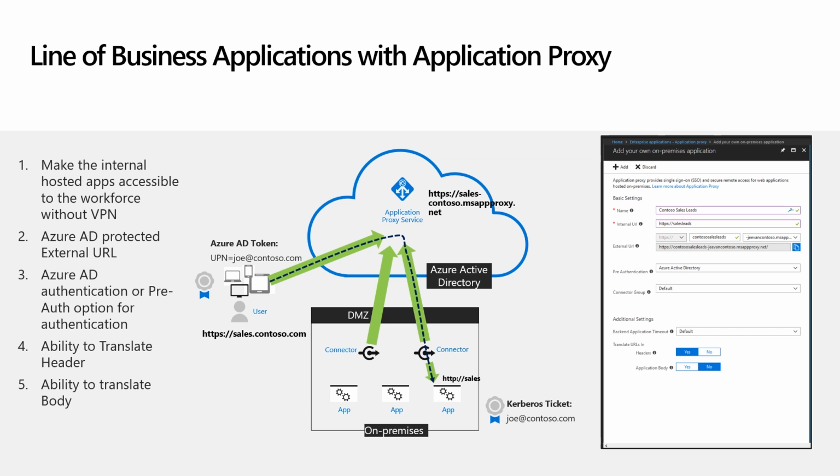The next set of things which we talked about is how do you integrate the line of business application with application proxy. So we have seen application proxy as a feature available in the app gallery, where you are able to add the application. But once you start adding the application, the first thing which will happen is it will show you a link to download the connectors.